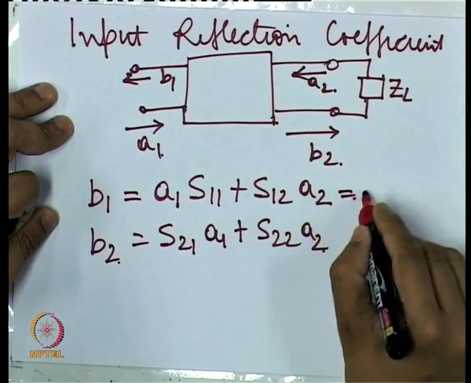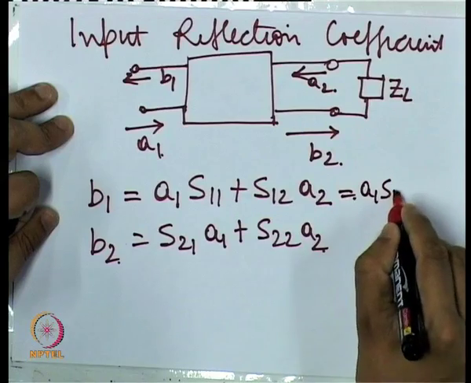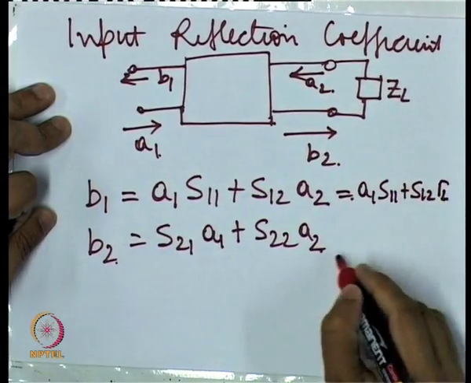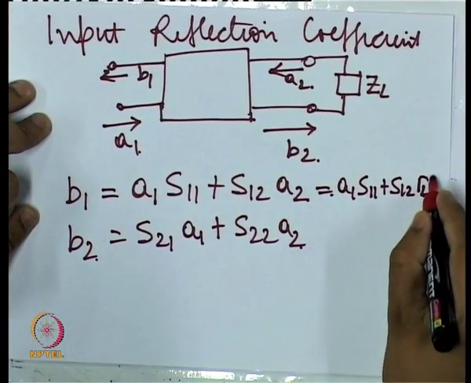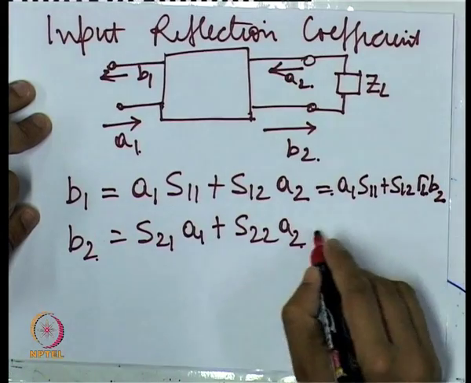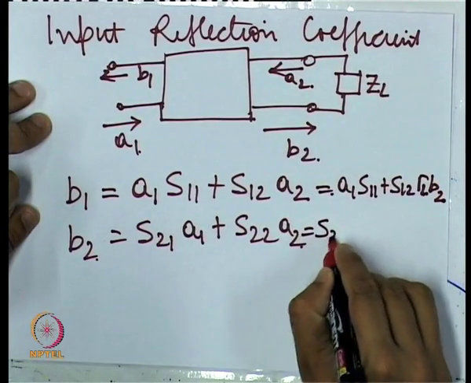So, then I should be able to write this equation as, and this as,